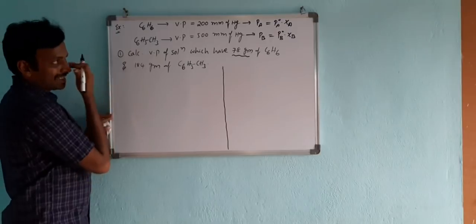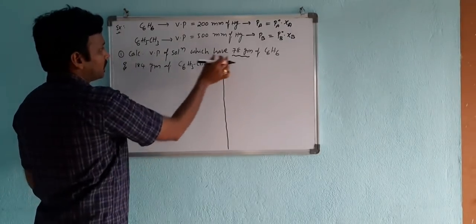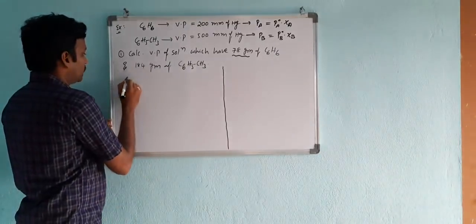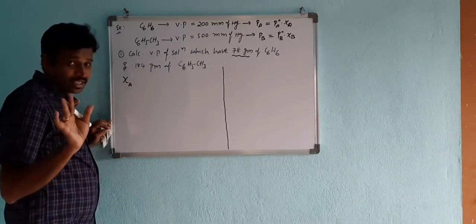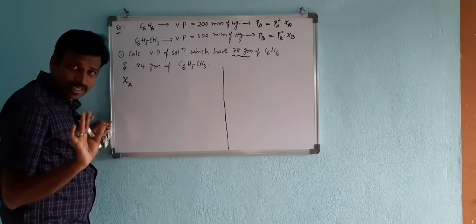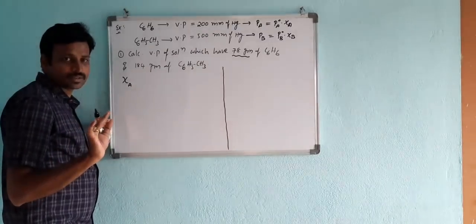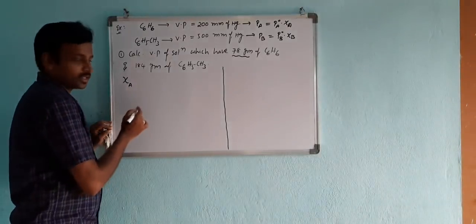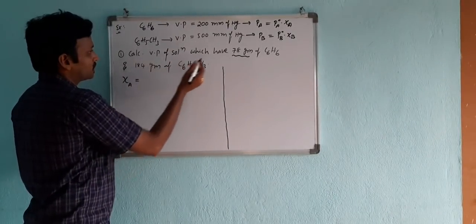Okay, how to calculate the mole fraction of A? See, these are 78 grams and present in solution. So certainly it is Xi, not Ya. Getting what I am saying? Don't get confused. It is the liquid phase, because liquid as well as vapors both are present. Then Xi you have to consider.